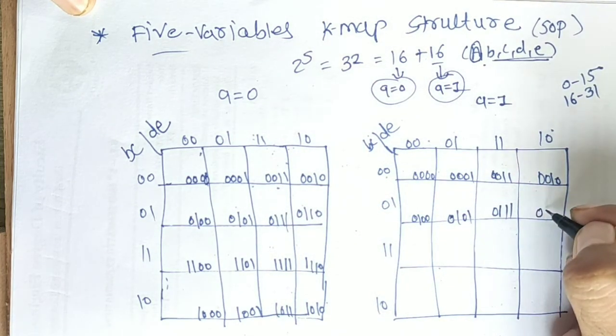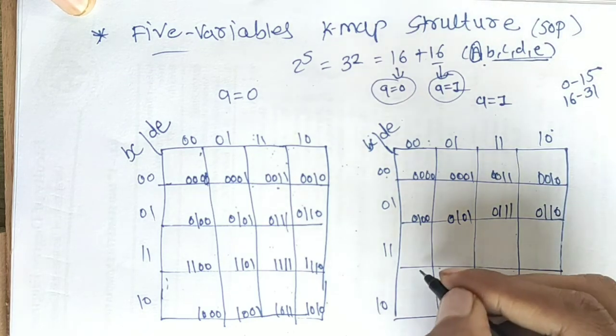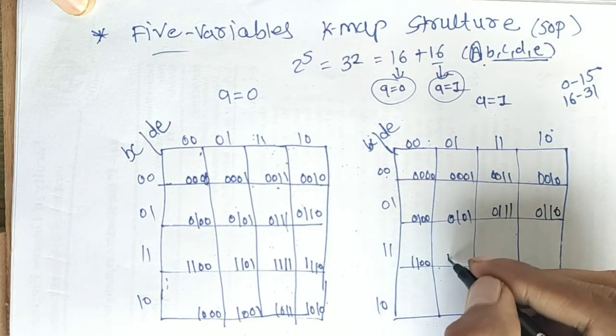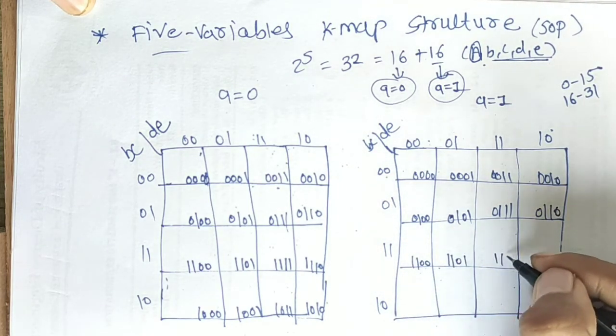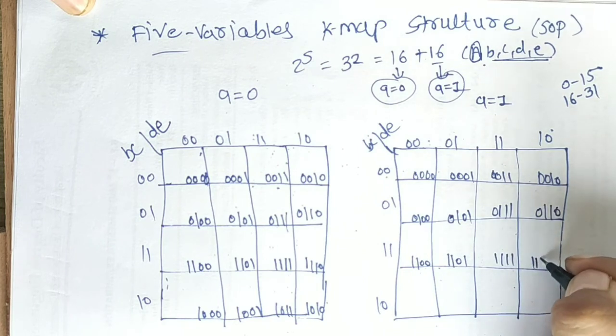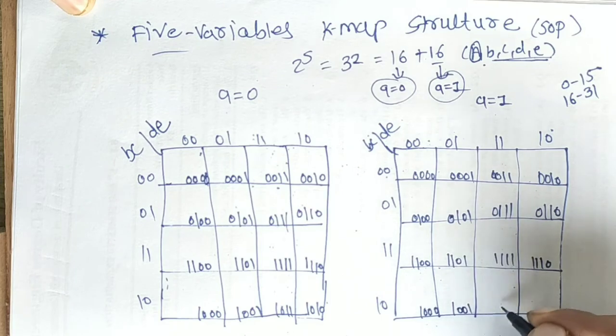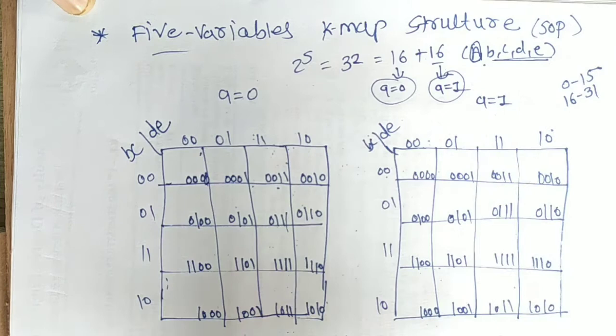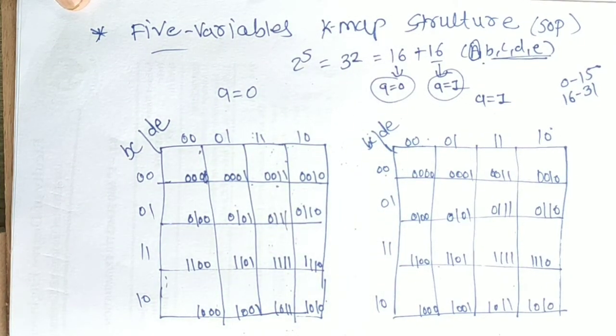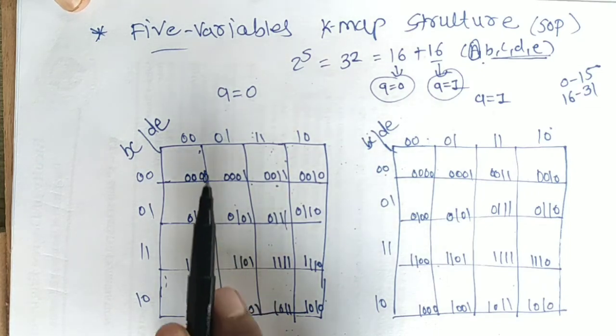Here is 0, 1, 1, 0, 1, 1, 0, 0, 1, 1, 0, 1, 1, 1, 1, 1, then 1, 1, 0, 1, 0, 0, 1, 0, 0, 1, 1, 0, 1, 1, and the last one is 1, 0, 1, 0. Right? So in this 4 variable K-map structure, we can conclude that each and every cell of